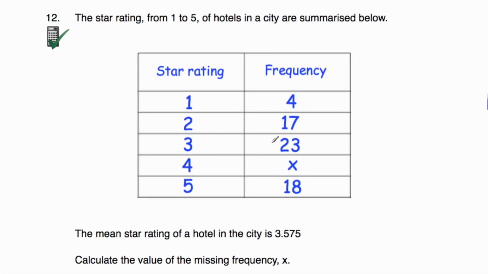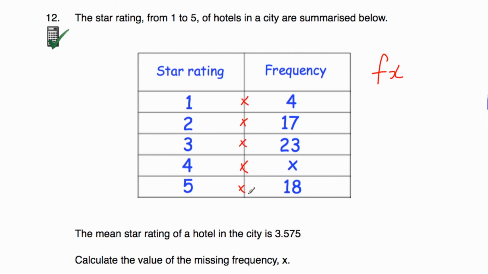Now this question is quite tricky because we don't know the total frequency. If we knew the total frequency, it'd be quite easy actually. We could just add the frequencies, and take that away from the total frequency. But in this question, we're not going to be able to do that. But we are told what the mean is, and the mean is 3.575. So what I'm going to do is try and work out the mean for what we've been given. And then, because we know what the answer is, 3.575, maybe then we can work out what the x would be. So let's add on our fx column, and let's work out what our fx column would be